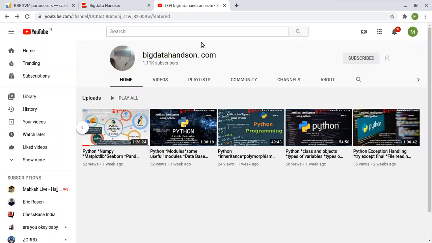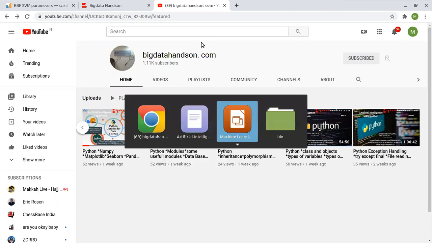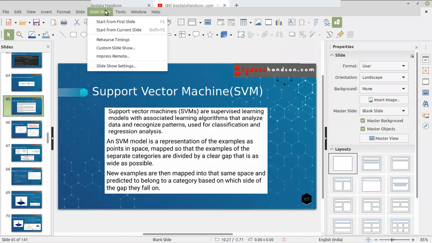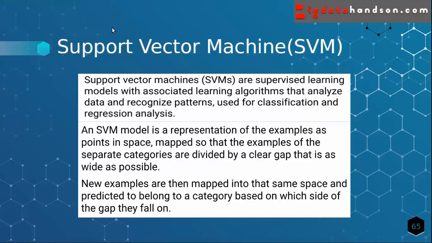Okay, so now let's jump into today's topic, support vector machine. Support vector machines, or SVMs, are supervised learning models with associated learning algorithms that analyze data and recognize patterns, used for classification and regression analysis. We commonly use SVM as a classification algorithm, but it is used for regression analysis as well.